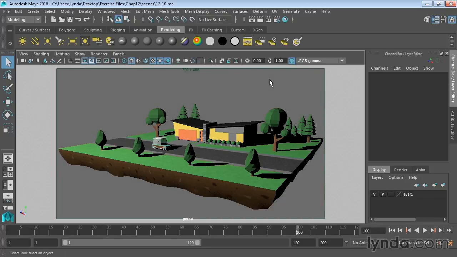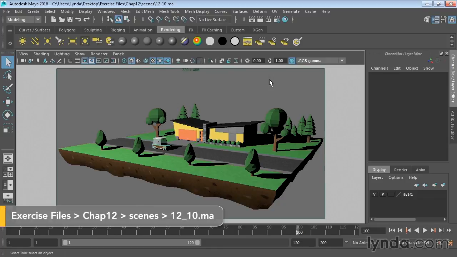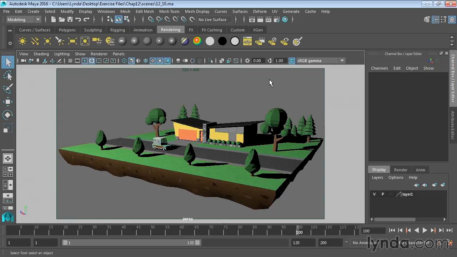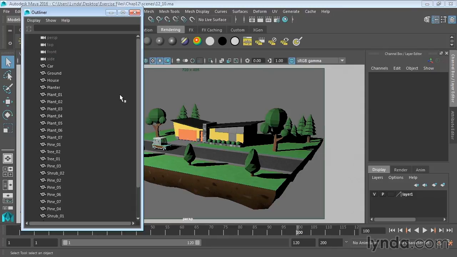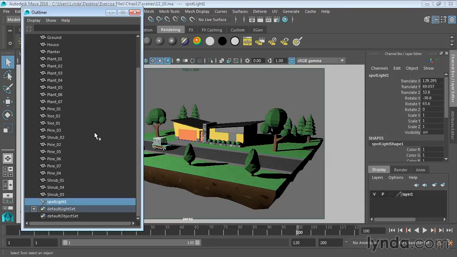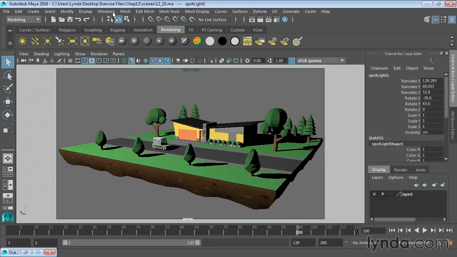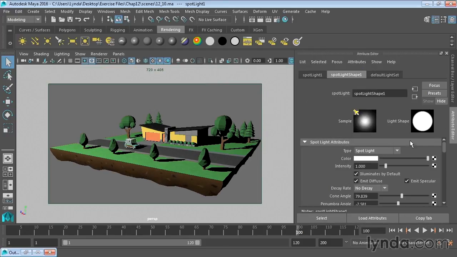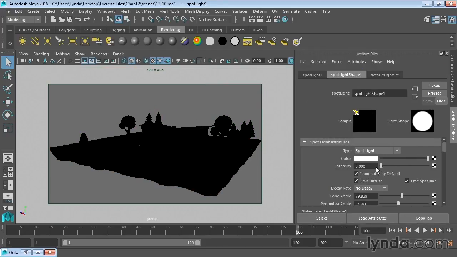Another way to create soft lighting is to use an image as a light source. Now, this is called image-based lighting, and it's supported by Mental Ray. So here I have a scene, and this is our scene with one light in it. If I take a look at this in my outliner, you'll see I have one spotlight in the scene. And if I select that spotlight, I can turn down the intensity to 0, essentially turning off all the lights